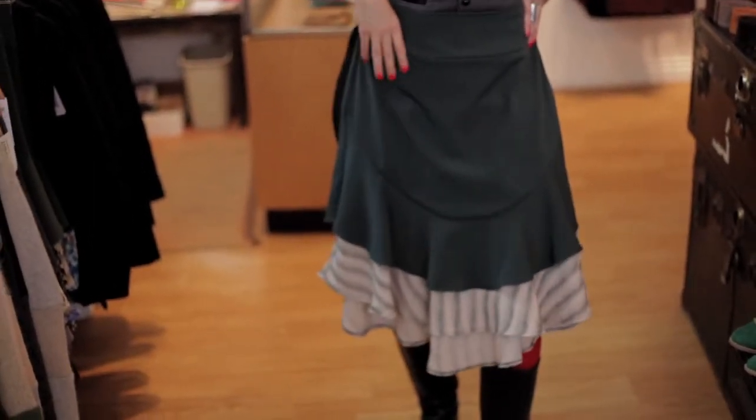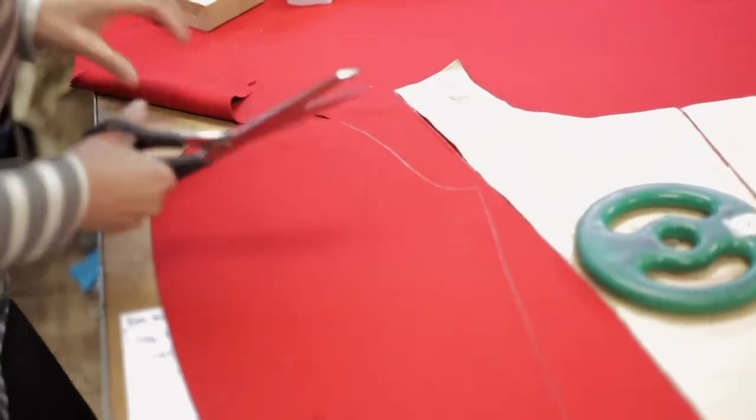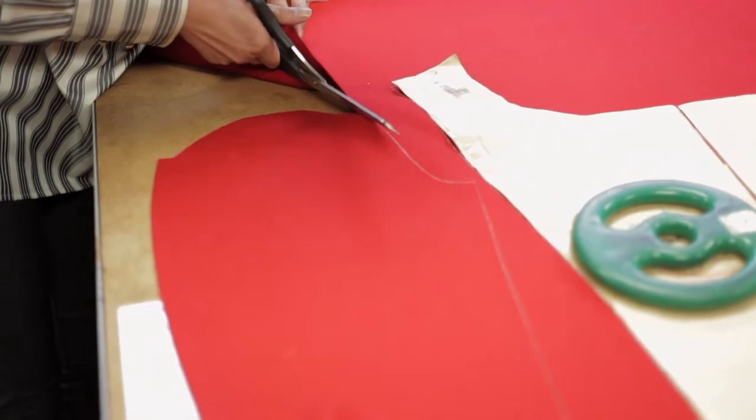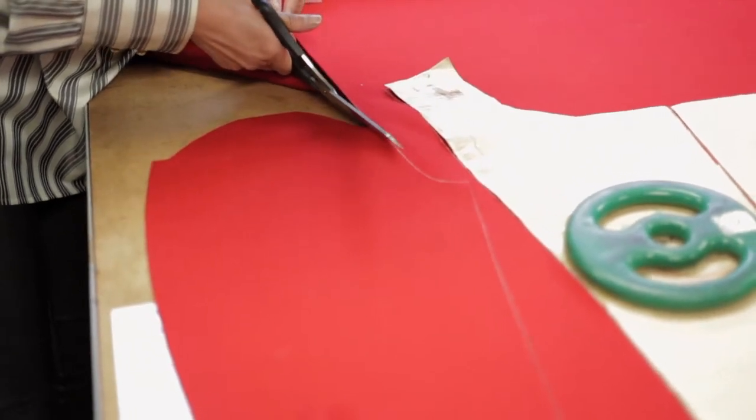The zipper on the back is actually from the 1950s. The story with these zippers is I was actually donated boxes of them from a tailor who passed on, and his daughter sought me out. Normally every single piece is cut individually by hand, so it's a very time consuming, labor of love